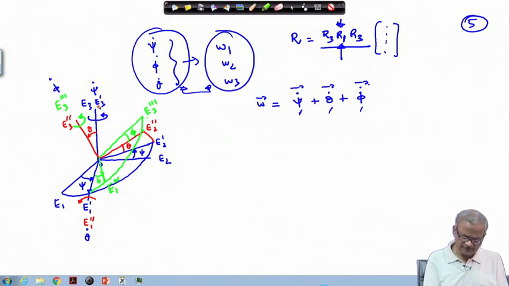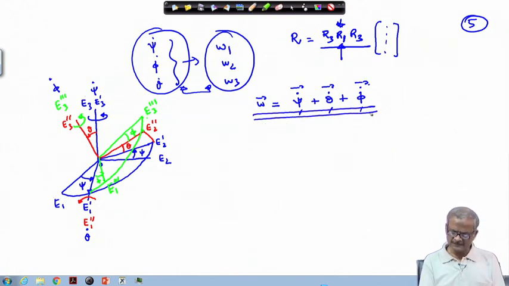So, either we need to write the unit vector along this direction, and we can do this. There are some alternate ways also. So, we will do it in the alternate way. As many as 3 ways we can consider doing it here. One way, through the matrix analysis, we have already done; 3 more ways we can do. Out of that I will try 2, and the third one I will not do. The third one will be this one: you just take the unit vector along the psi dot direction, theta dot direction and phi dot direction, which I have indicated here, and then insert here in this case.